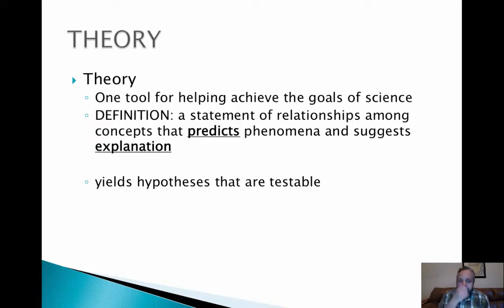So let me give you an example. In our field, and some of you have taken 205 and you've taken com theory, so you've got some theories in your repertoire. But a really good example is the third person effect theory. It's a theory in our field that suggests that people believe that negative media messages will not affect them, but they will affect other people. They'll affect the third person. That's why it's called the third person effect.